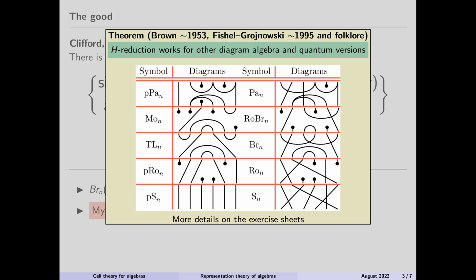The planar symmetric group is not very exciting. It has one simple representation. So you get one simple representation per diagram. Unless you are in the top case, then it kind of depends again